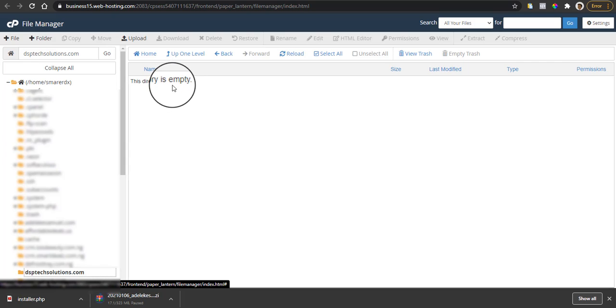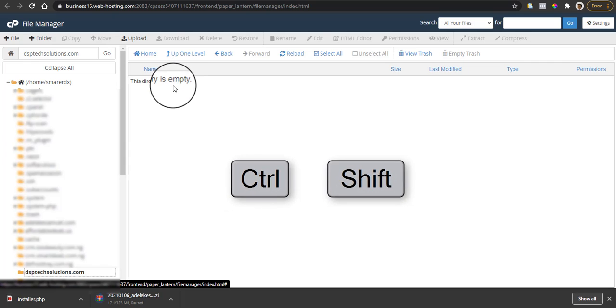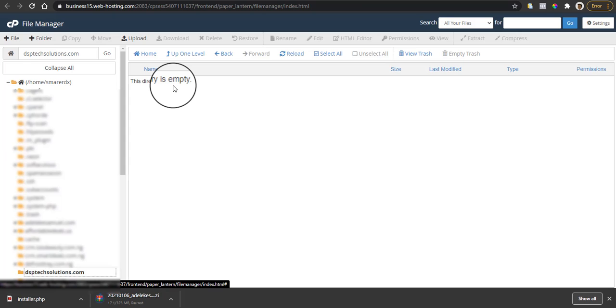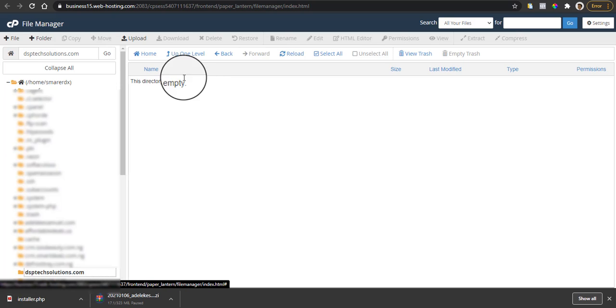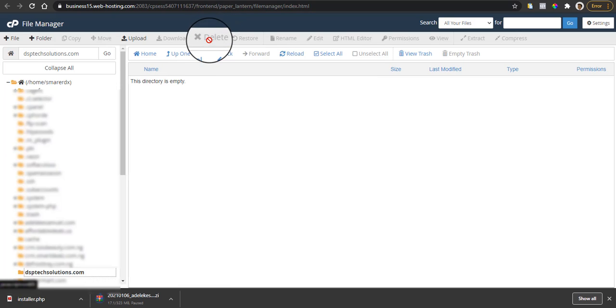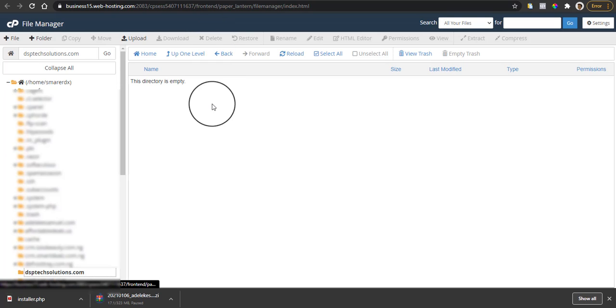All you need to do is just click on it. You can also use the Ctrl or Shift key to highlight the files or folders. Then you use this icon to delete. It is because there is nothing here that there is nothing to delete. Then you click on this delete icon here to delete. So empty the folder, then